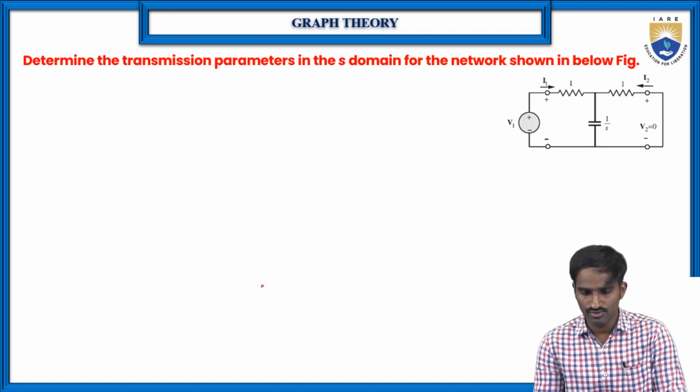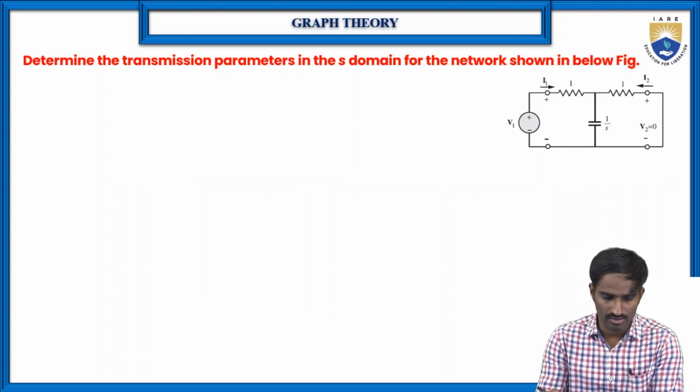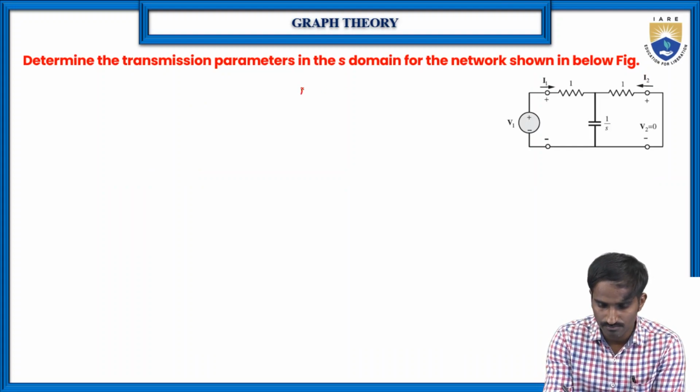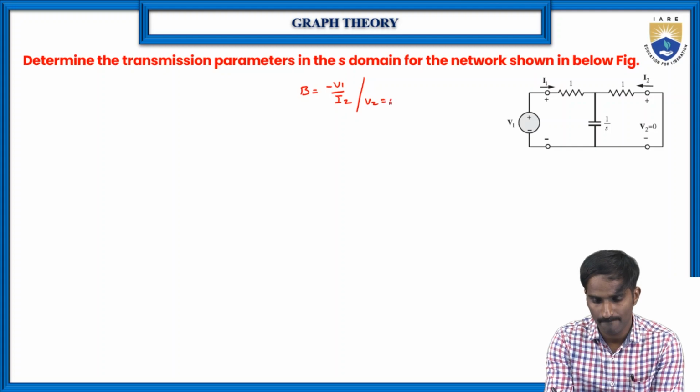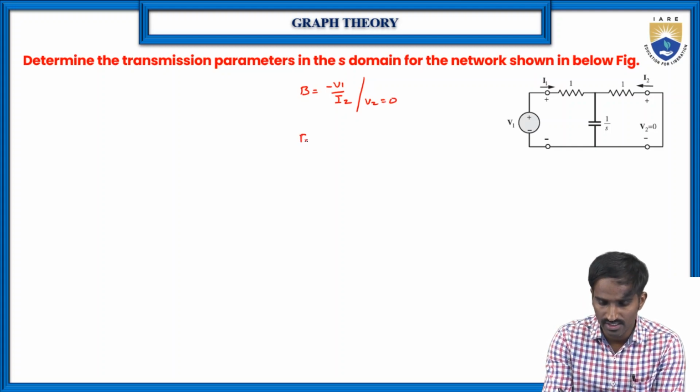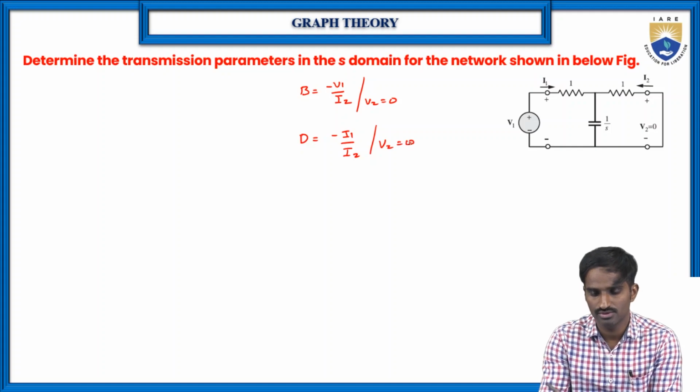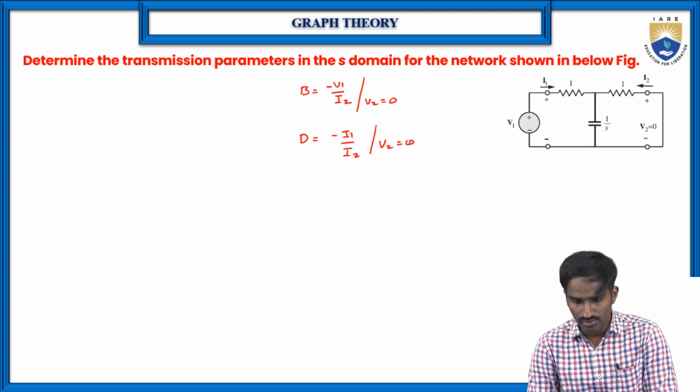Then first of all, we should know what B is and what D is. Here B is equal to minus V1 by I2, at V2 equal to 0. Then D is equal to minus I1 by I2 at V2 equal to 0. Right, so if you see here,